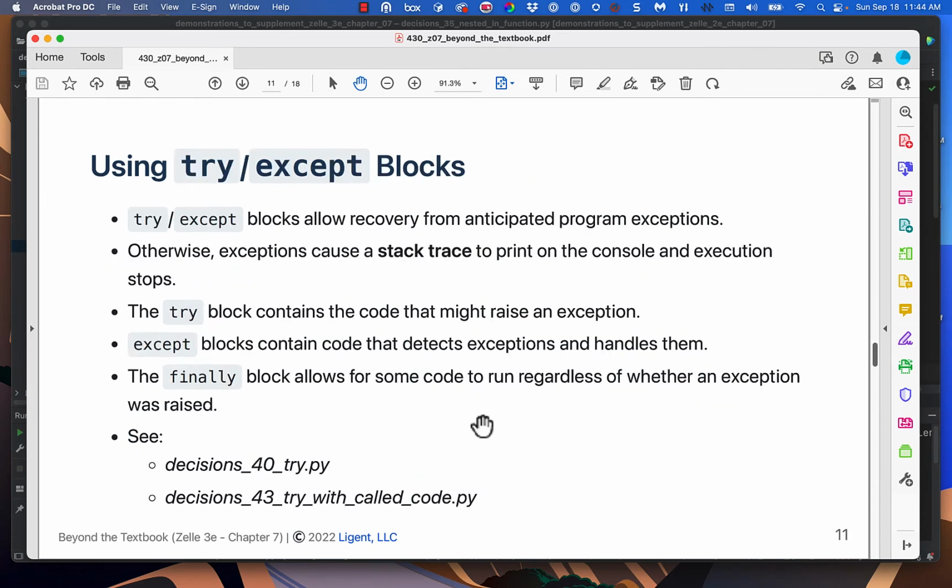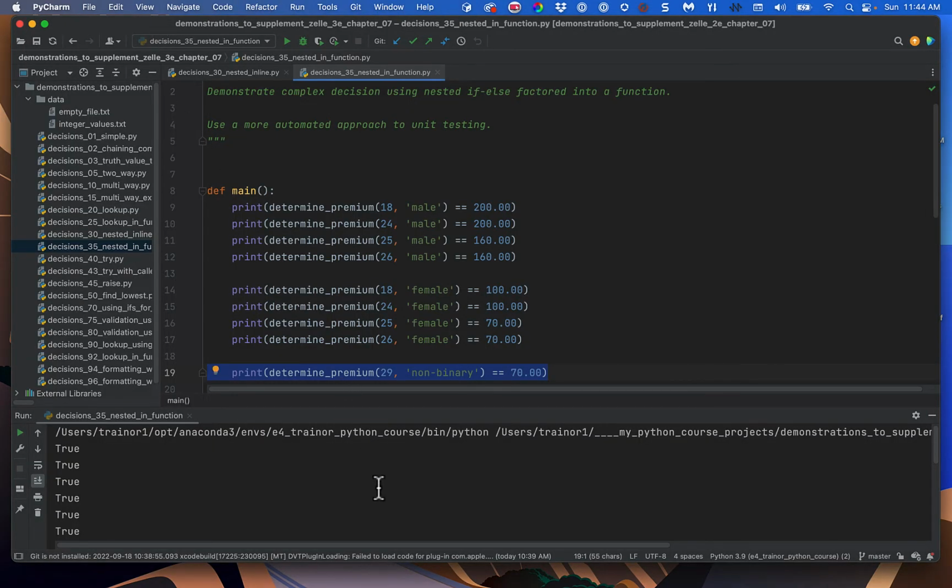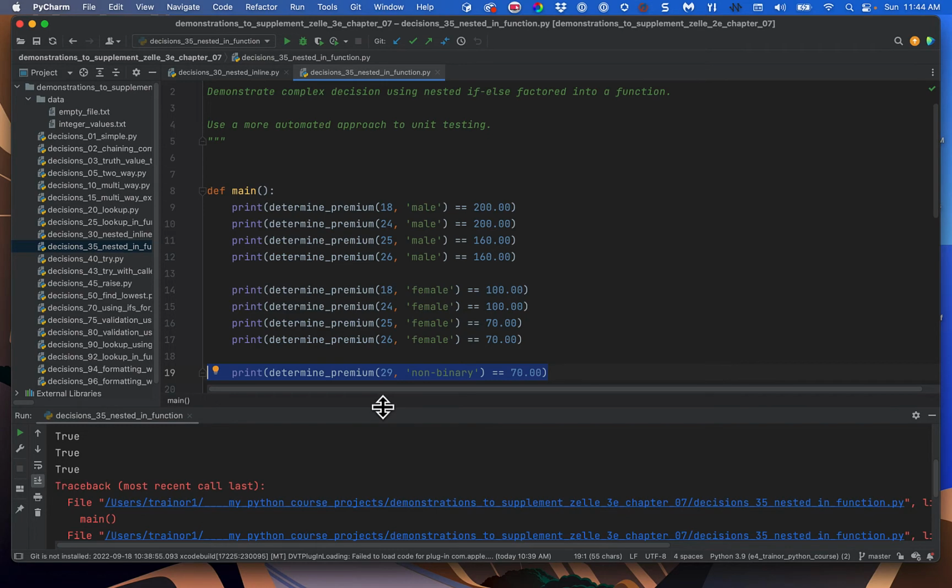What's next? Try except blocks. Okay, so we just saw code that raises an exception. And we've seen a lot of exceptions in our testing before. If we made a really big mistake, maybe the program blew up, right? And when the program blows up, it prints this thing that we call a stack trace. So this thing down here, down at the bottom,